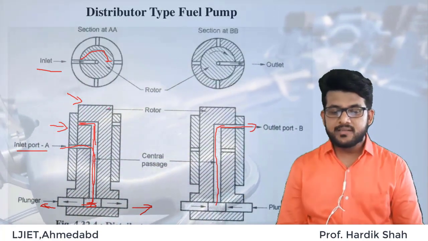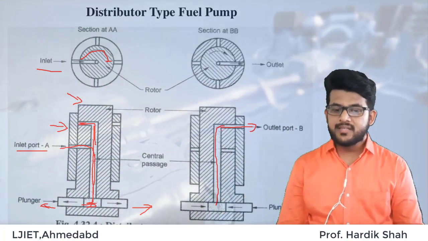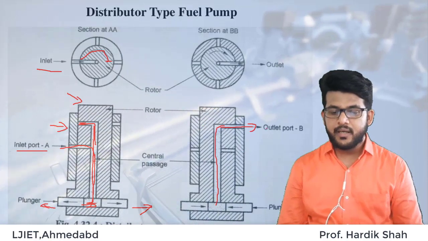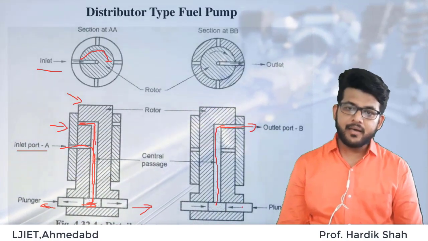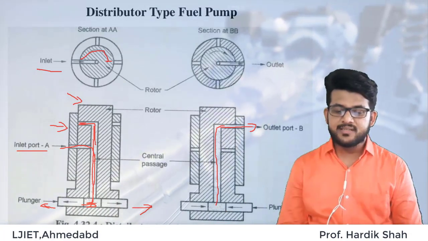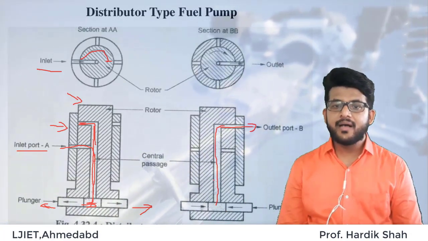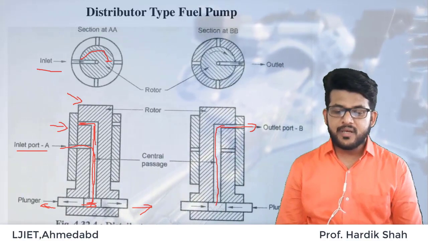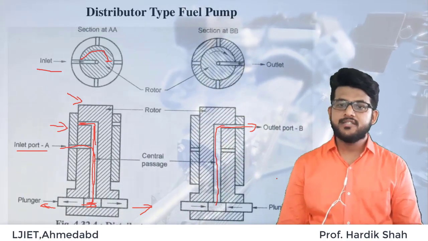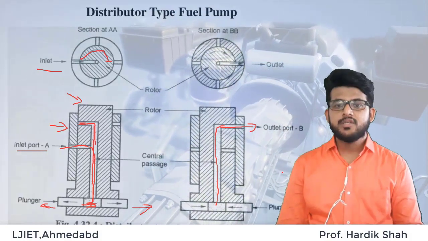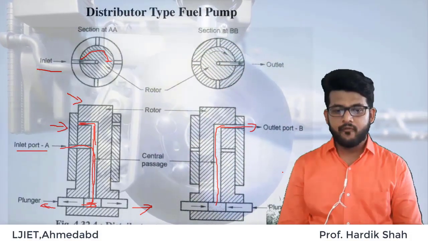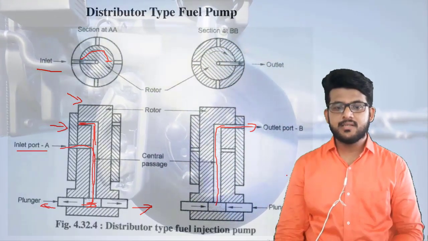Now we will rotate this inner cylinder. So now what is happening? This inner cylinder will be rotated and now the outlet is connected. Now we are pushing this plunger back, so that the fuel which is inside this vent will be under high pressure, and all this pressurized fuel will be delivered to the injector, and in this way this distributor pump works. Fine. So that is how the distributor pump works in a diesel injection system.